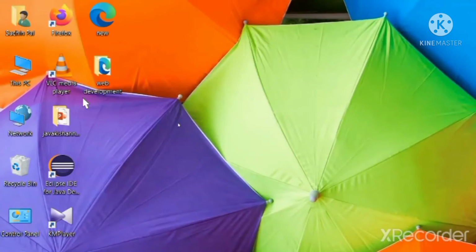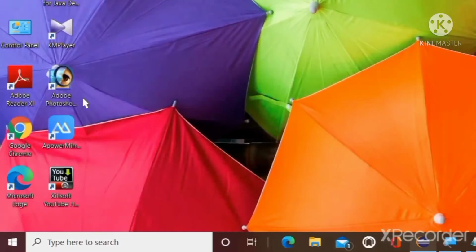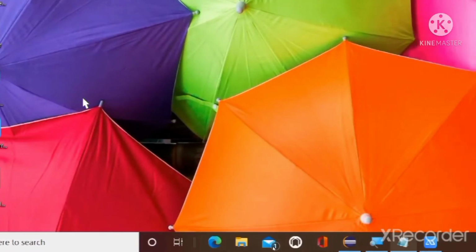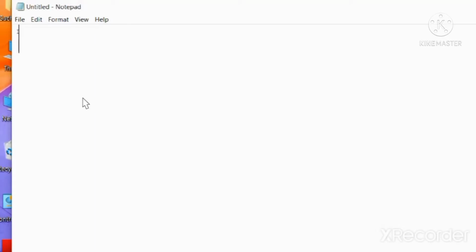This is Scientech Learning, and today I will try to make you understand how to write a program to print or find the largest element in an array. So we have a notepad here.